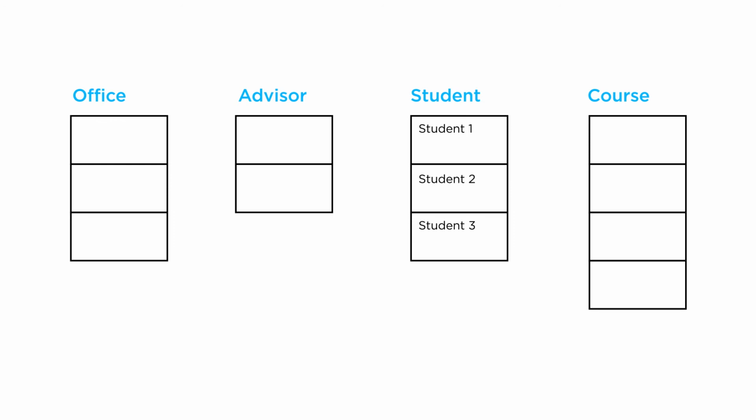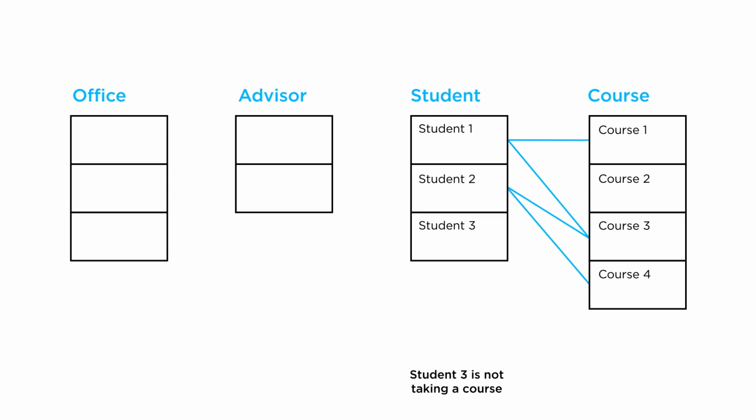Let's examine the relationship of students to courses. We may have that a student may or may not take courses. So for example, a graduate PhD student might not be required to take courses. So this makes the participation optional for the student in the student takes courses relationship.